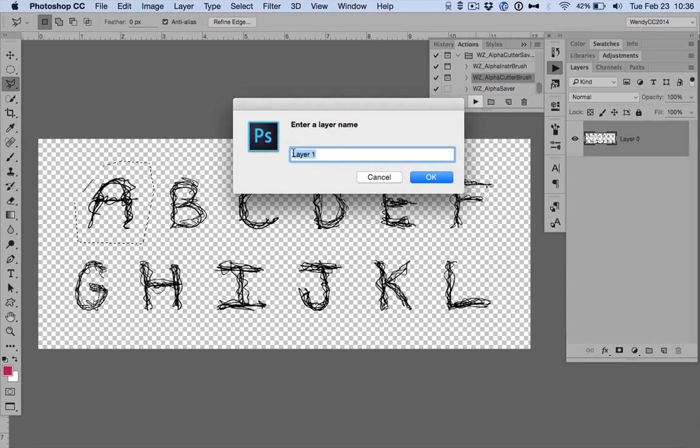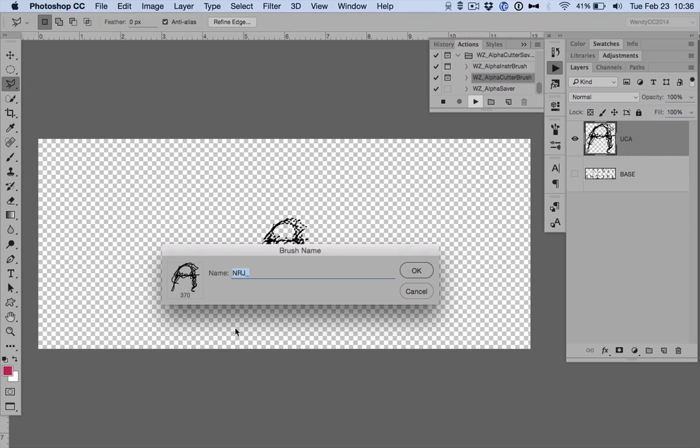You'll be prompted to name your layer. This will become the name of the file. So personally, I will use the naming convention uppercase A or lowercase a when I'm naming that. So this one would be uppercase A, and click OK. And then I will be prompted to name the brush, which in this case, what I would actually do is type out what I want it to be called, scribble brush underscore, and I'm going to copy that so I can paste it in here every time,